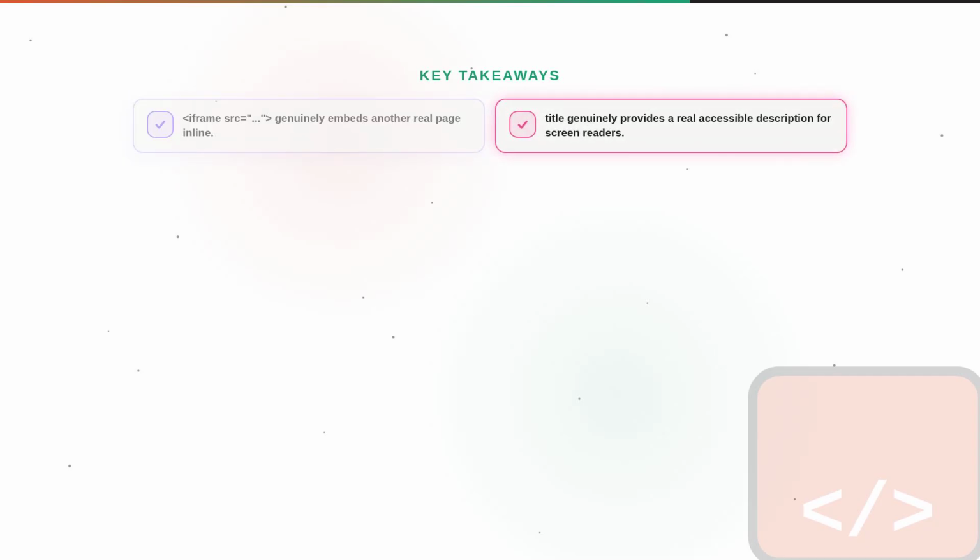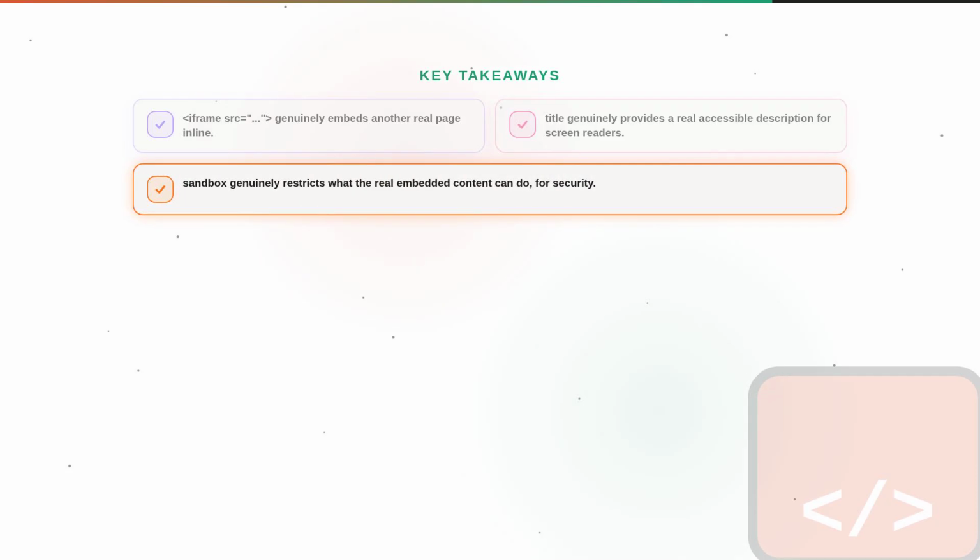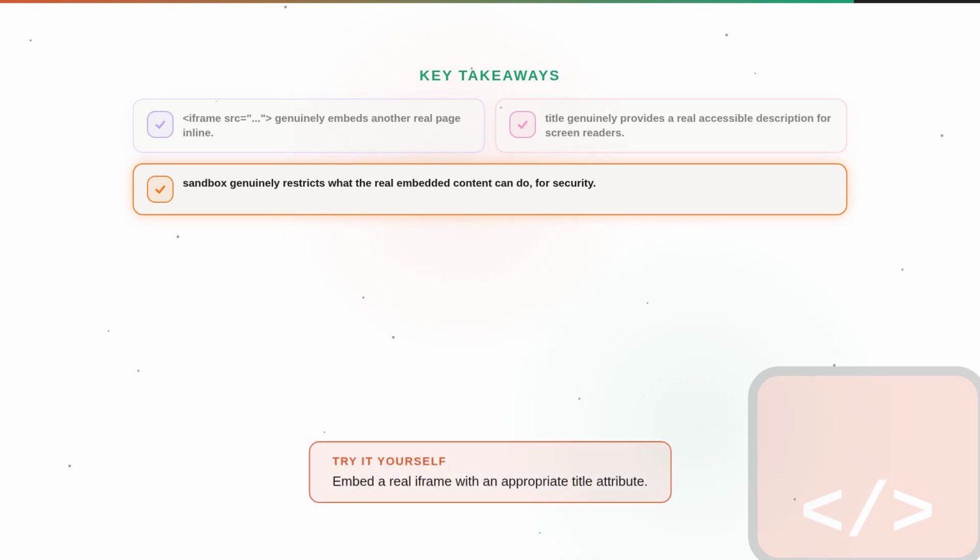Title genuinely provides a real accessible description for screen readers. Sandbox genuinely restricts what the real embedded content can do for security. Embed a real iframe with an appropriate title